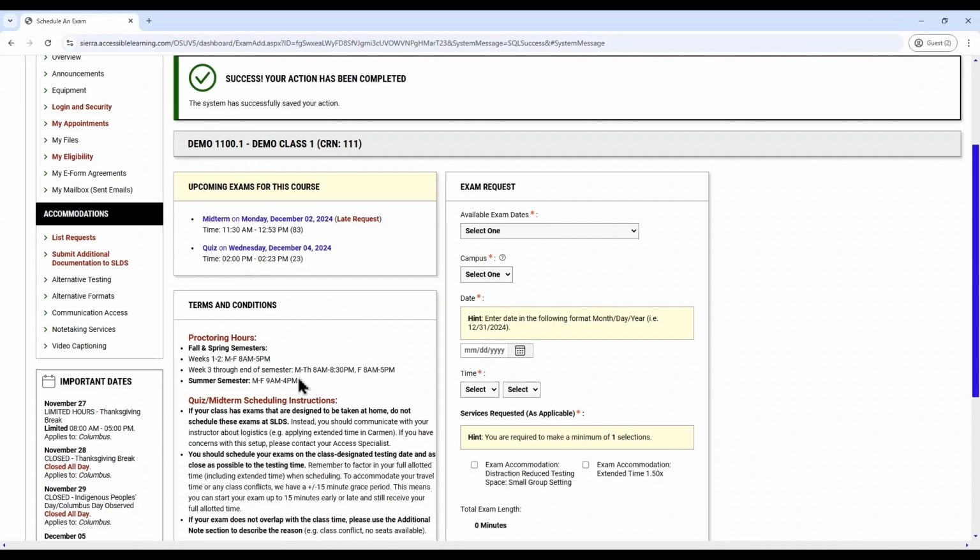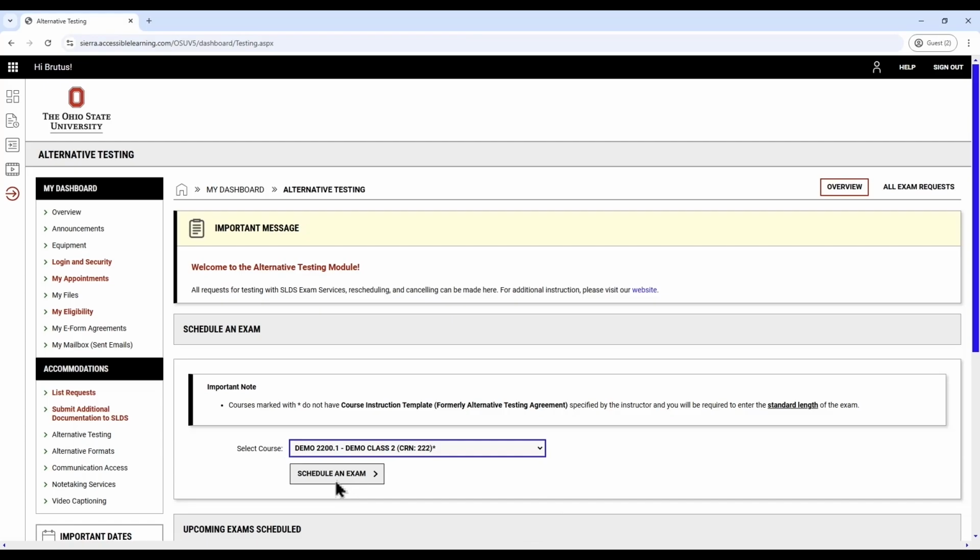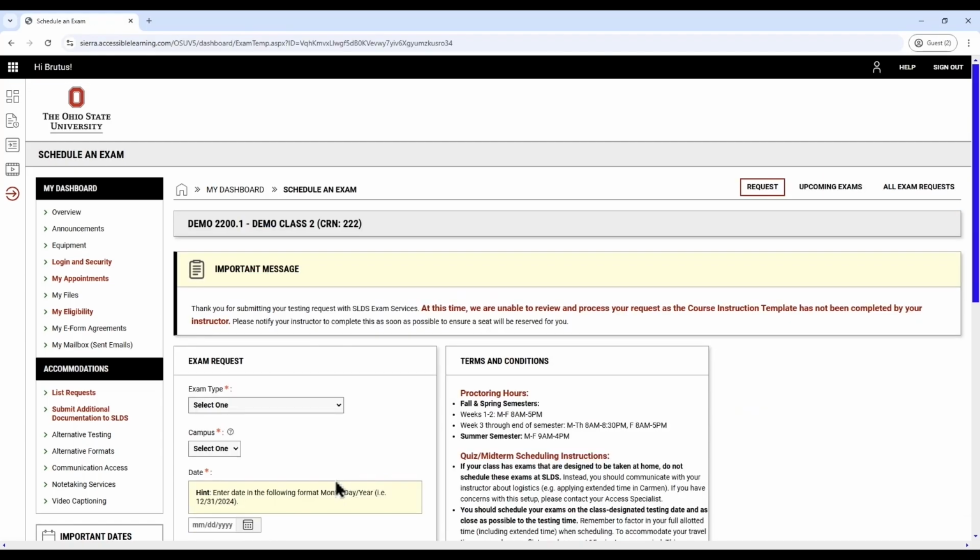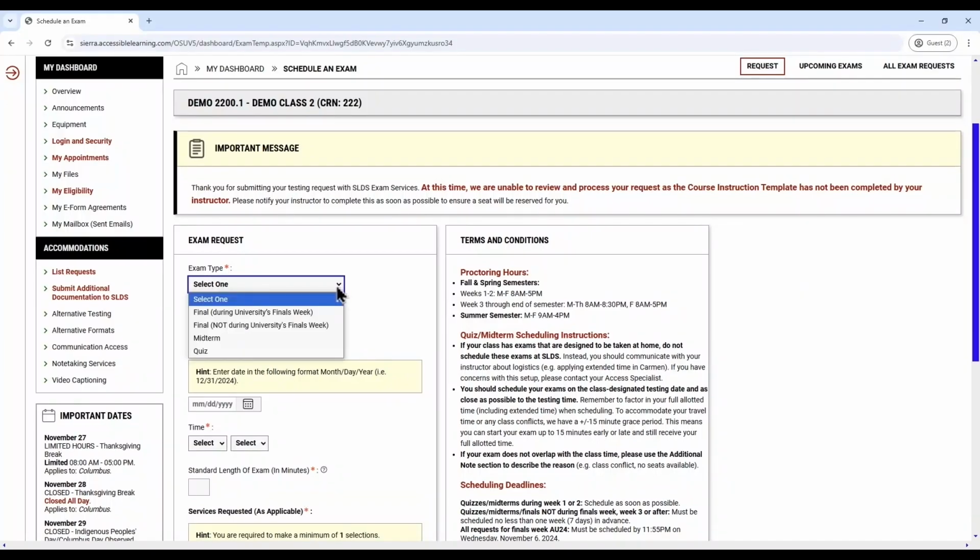If the course instruction template has not been completed, you may still place your scheduling request. However, SLDS Exam Services will not be able to review and process the request, and a seat will not be reserved for you until the course instruction template has been completed. The following steps will assist in placing a scheduling request without a course instruction template. First, you should review the terms and conditions prior to placing your request to ensure you are following SLDS scheduling